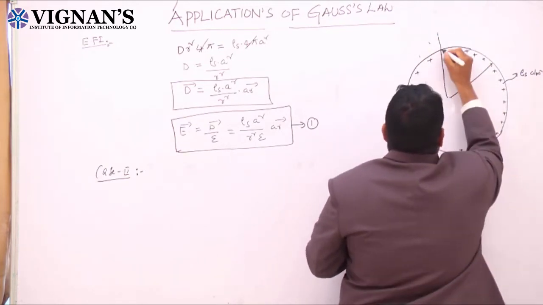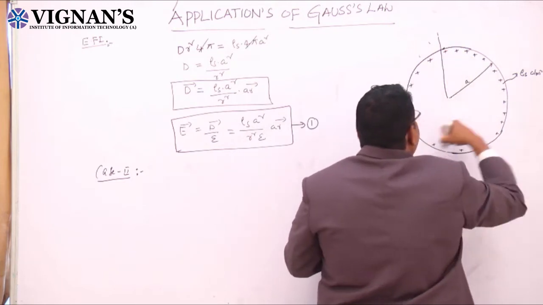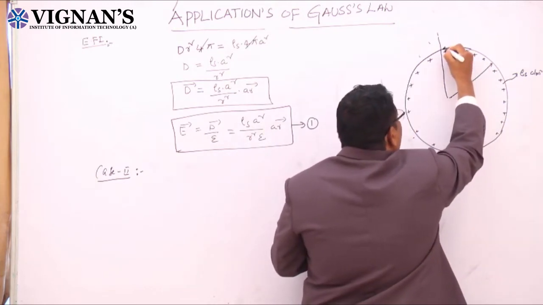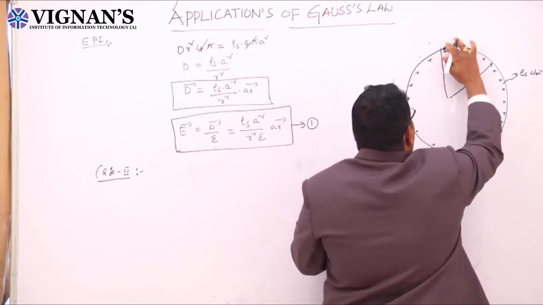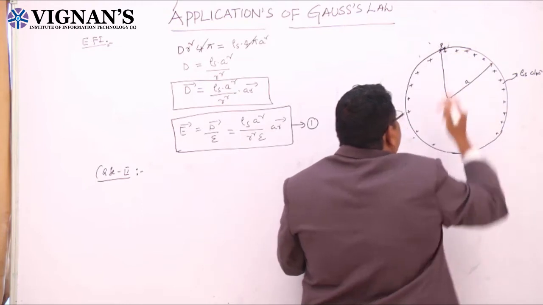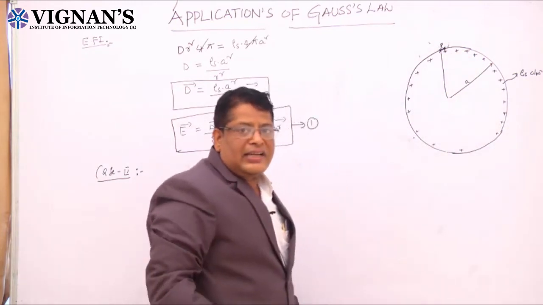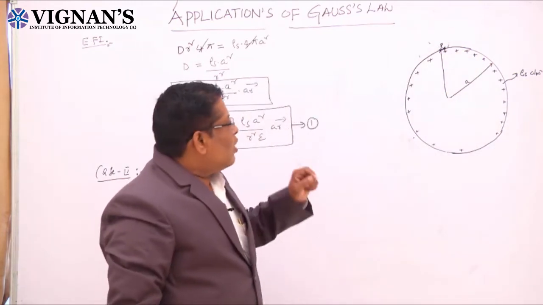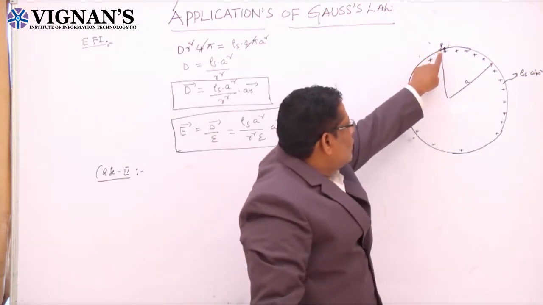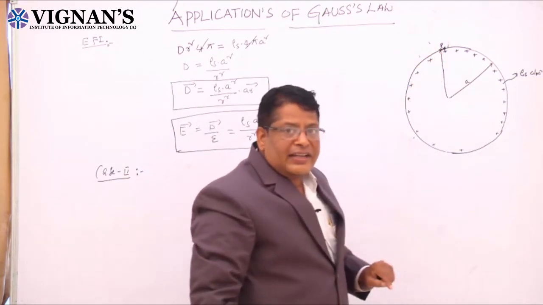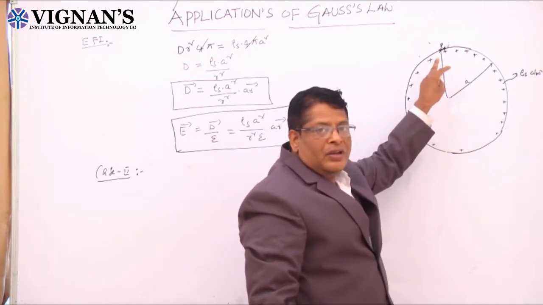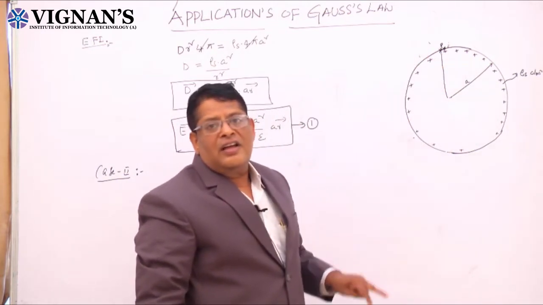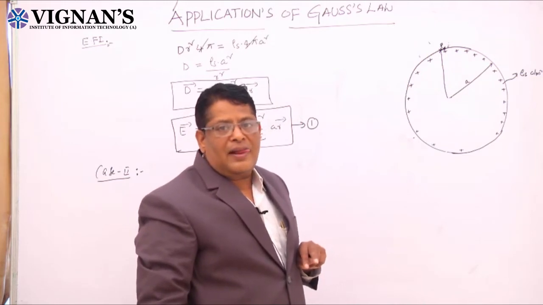Nothing but here. The point here, the Gaussian surface also will be coinciding to this point here P. Now in second case, we want to find out what is the electric field intensity on the sphere. So here, now we have to select a Gaussian surface which is passing through the point P. In this case, the Gaussian surface is the sphere.